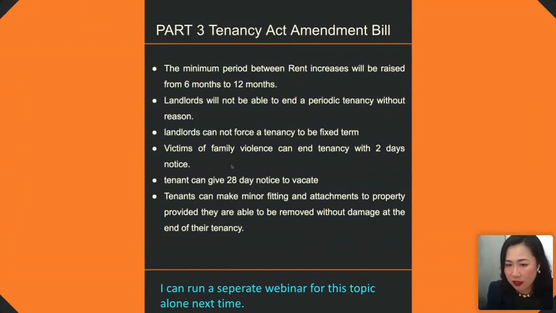Victims of family violence can end a tenancy within 2 days of notice. Okay, obviously you need to provide evidence of family violence, such as a police report and so forth. Tenants can give 28 days notice to vacate rather than 21 days in the past, and tenants can make minor fittings and attachments to the property provided they are able to be removed without any damage at the end of the tenancy. Now, I have run a separate webinar for 40 minutes or so on this topic alone,